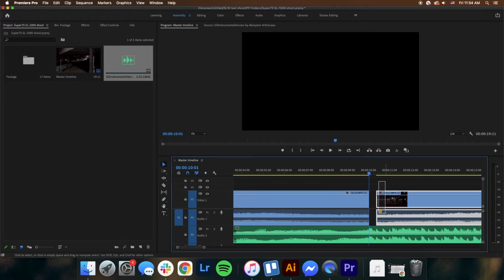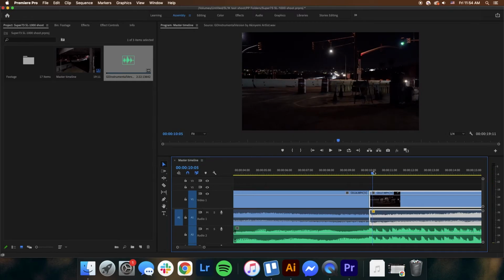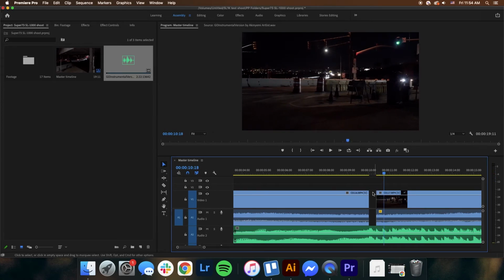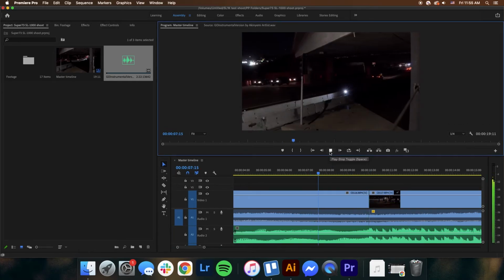So now I can come in here and I just want to shorten that clip, and then I can go in here and I can either extend the clip like that, and now it's just going to show more of the beginning of that clip. Right. But let's say that I didn't want to do that. Let's say I wanted to start at the same spot I already decided. You can right click and do what's called a ripple delete. And so what that does is it just deletes the spot in between clips in your timeline. So we'll ripple delete that, and then now when we play it back,